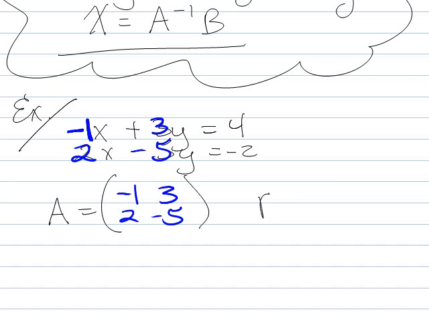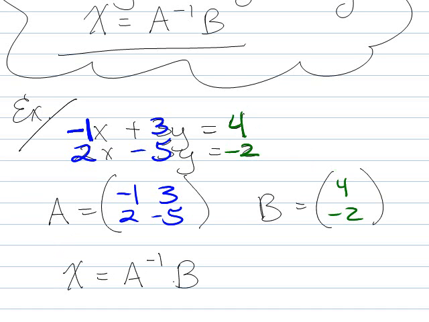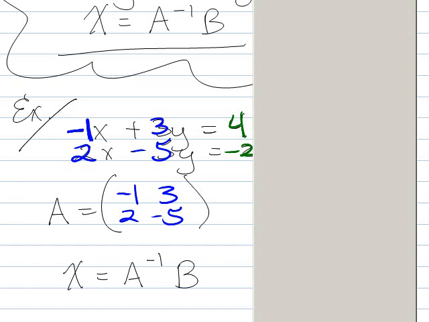And then B is 4, negative 2, like that. Okay. So now if I want to find A, or X, I need to find A inverse B. I need to find A inverse B. The way to do that is to go to my calculator,